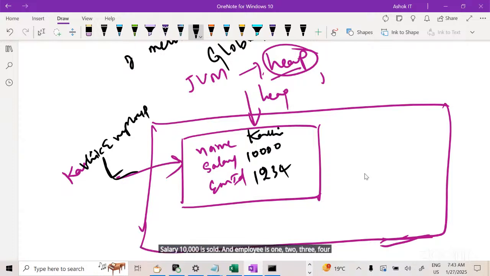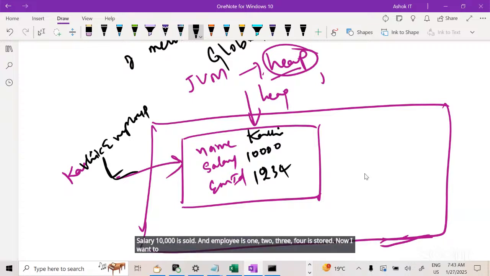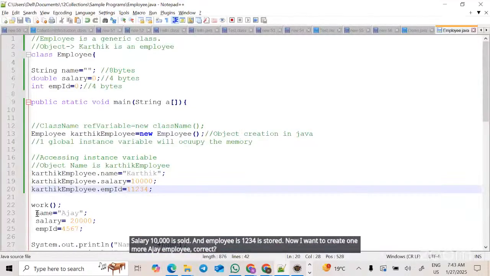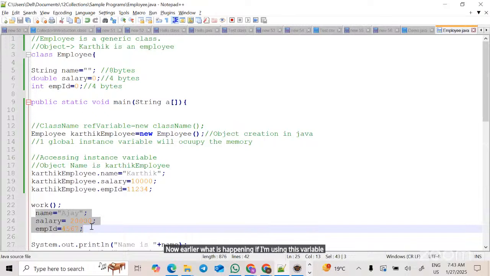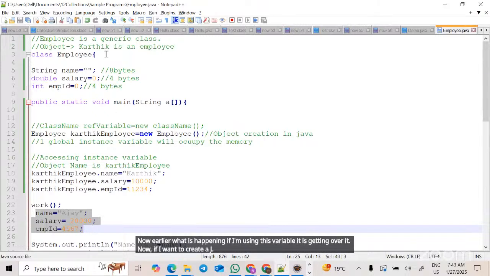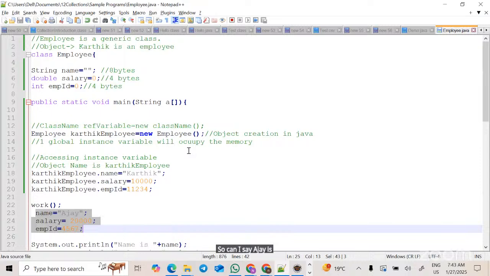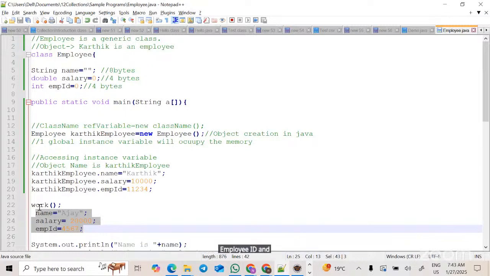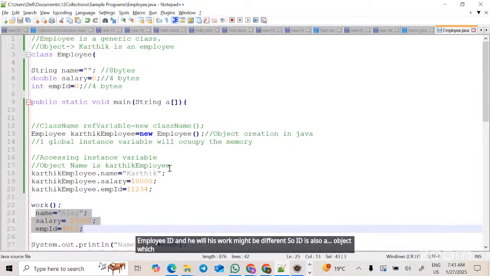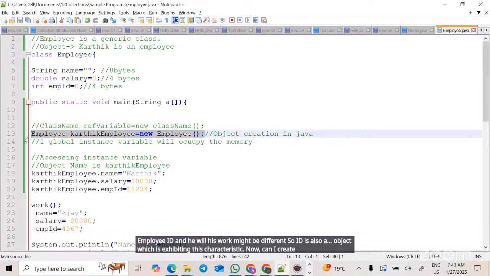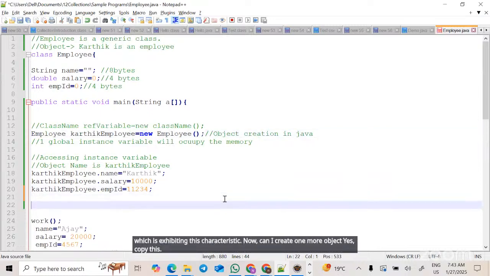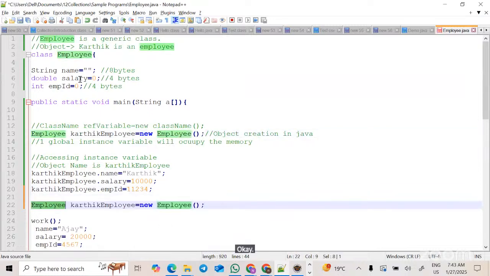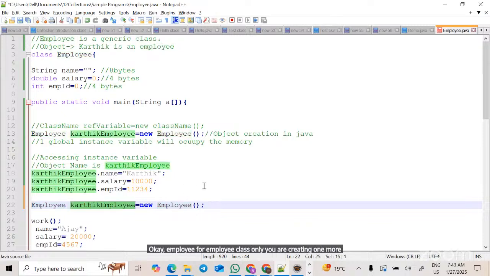Now I want to create one more, Ajay employee, correct? Earlier, if I am using this variable, it is getting overridden. Now if I want to create Ajay, can I say Ajay is also another object, correct? Ajay is also an employee, he has a name, he has a salary, he has an employee ID, and his work might be different. So Ajay is also an object which is exhibiting these characteristics. Now can I create one more object? Yes, copy this. For the employee class only, you are creating one more object, that is nothing but Ajay,